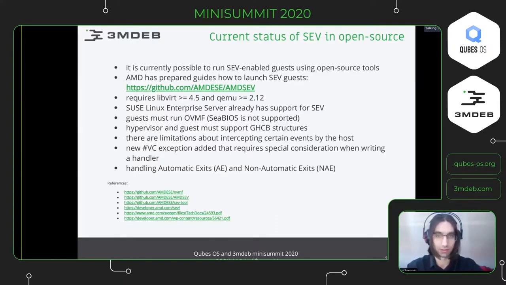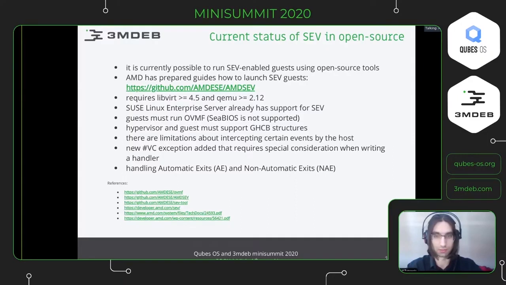Also, in order to have SEV working, the hypervisor and guest must support the guest-host communication structures. These are used to exchange information between the guest and hypervisor. The guest must initiate the GHCB structure, which is parsed by the hypervisor. It is done because SEV-ES, the encrypted state, makes the registers undecodable by the hypervisor.